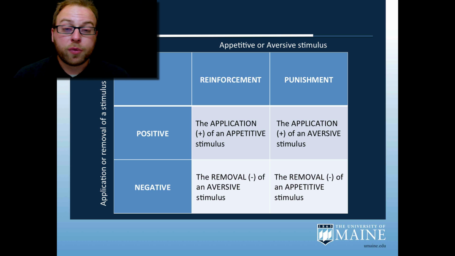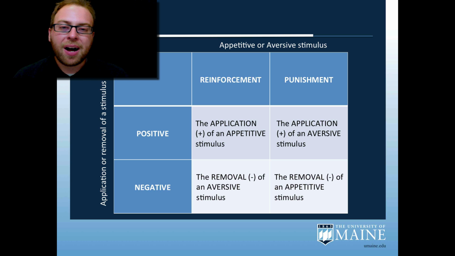I could, for instance, play an irritating noise, and then when the animal moves to the right half of the cage, lower the volume or turn off that noise. That removal of an aversive stimulus, the removal is the negative part, but increasing the probability of behavior is the reinforcement part. So I'm increasing the probability of behavior by removing an aversive stimulus. Punishment is designed to reduce the probability of behavior. And positive and negative punishment are often even more difficult to understand.